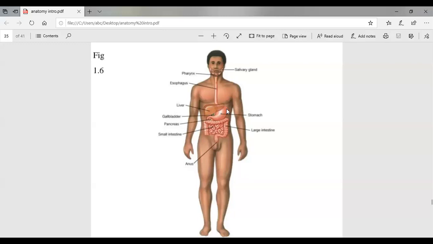How does this action take place? Because it has muscles inside its walls, right? And the muscles are smooth muscles. The smooth muscles are involuntary. So whenever we eat something, the brain sends a signal to the esophagus that you need to contract right now. You need to move. So the esophagus becomes bigger and smaller, and that's how the food will go from our mouth to the stomach. In the stomach, there will be a mixture of chemicals, then many different types of glands.